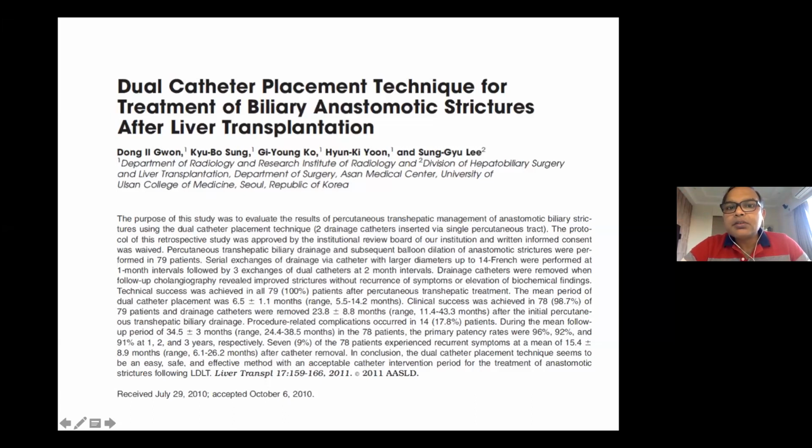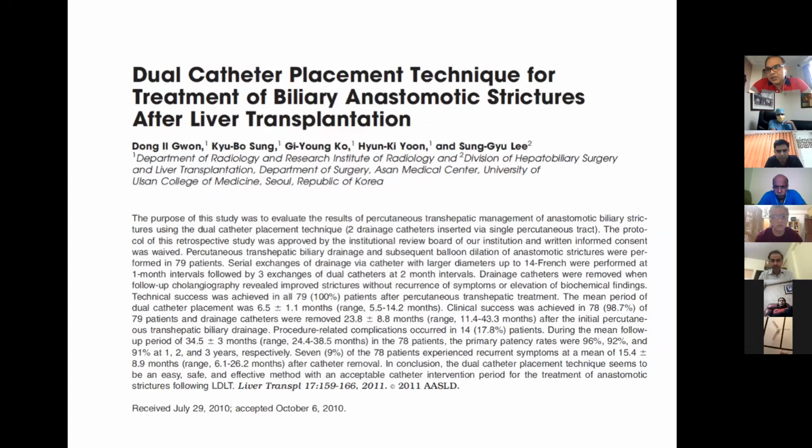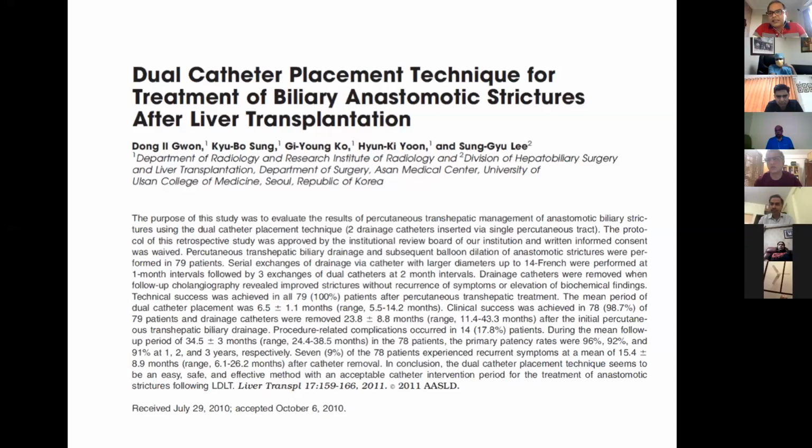So I think the first question is, what is the duration of balloon dilatation and how many times? There are multiple studies saying 30 seconds, 60 seconds, 2 minutes, each separately saying this one is good. Ultimately you should not keep it for a very long dilatation like 5 minutes or so, because a long dilatation causes more injury to the bile ducts. So a single balloon dilatation, keeping it for about a minute or two, is enough,